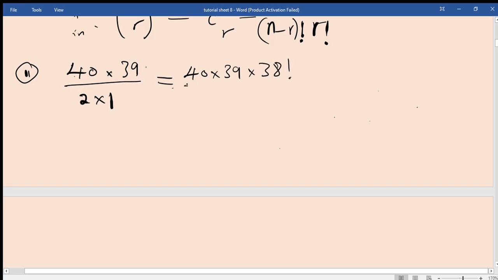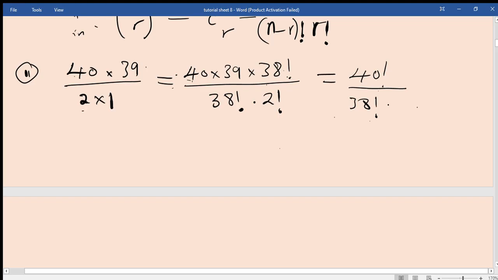Whatever I do on top, I also do down. Multiply by 38 factorial. 2 times 1 is the same as 2 factorial. So the whole numerator will now become 40 factorial, because 40 factorial is 40 times 39 times 38 factorial. Over here we have 38 factorial multiplied by 2 factorial, and you are done in factorial notation. And you can even understand that with this information, 40 factorial over 38 factorial times 2 factorial